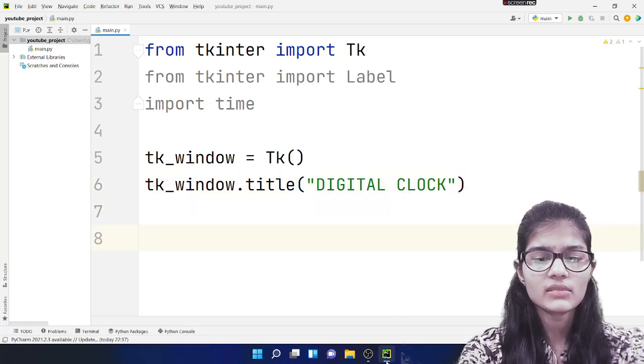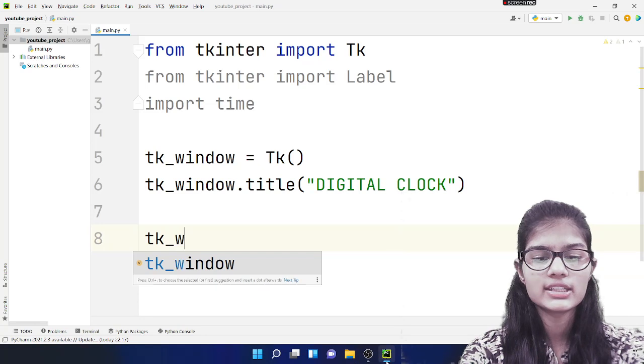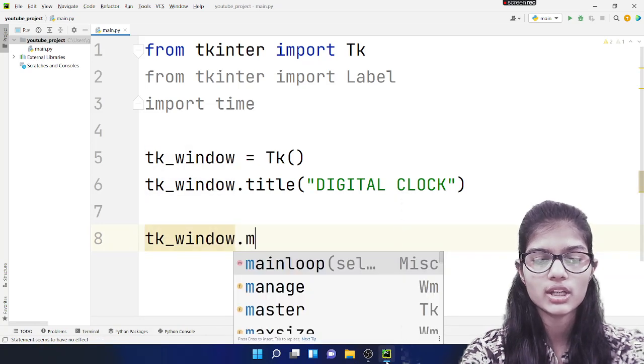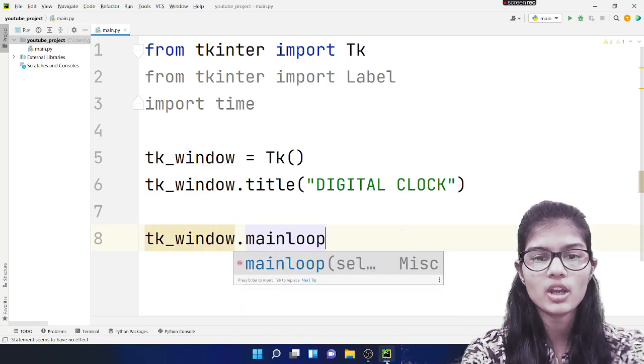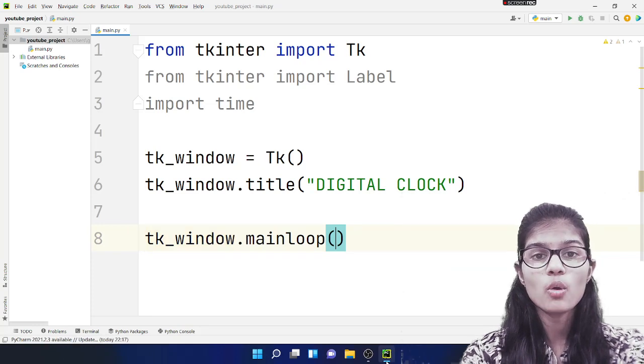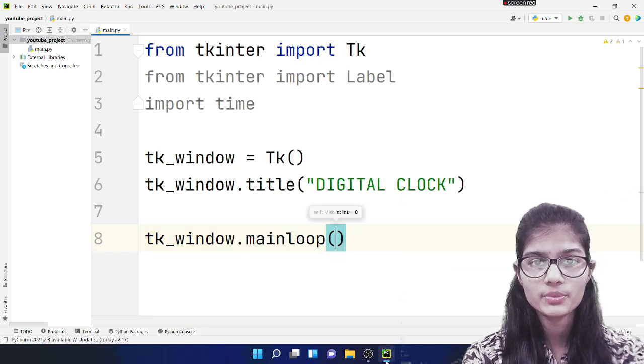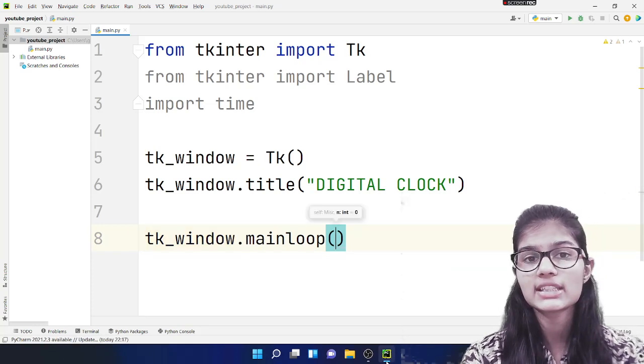Now at last I'm going to write tk_window dot mainloop. Now what is this mainloop? Mainloop is one of the functions we have in tkinter. What is it used for?